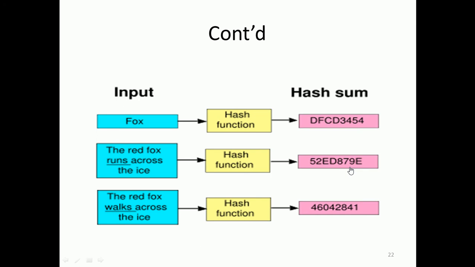For example, if you send a plain text to someone and he receives it, the plain text and the ciphertext that has been produced as a hash value, he again produces a ciphertext, that is the hash value. If both hash values are the same, it means the document is not altered. But if these are different, then the document has been altered. So the hash function is normally used for the integrity of data, to ensure there is no change.